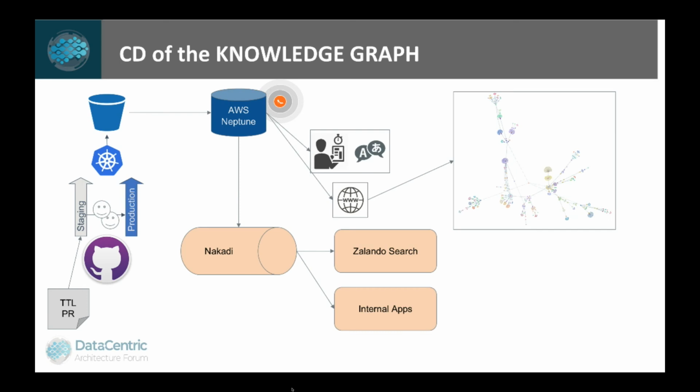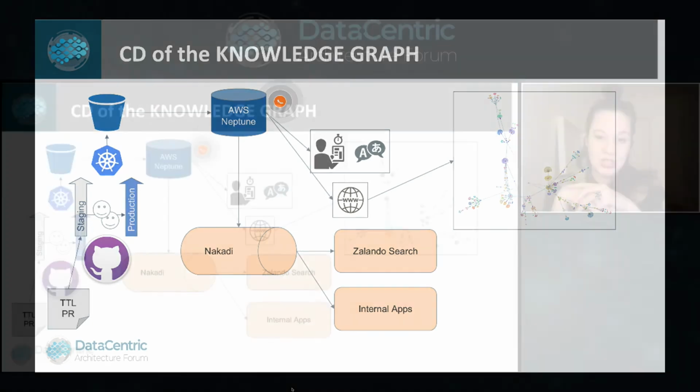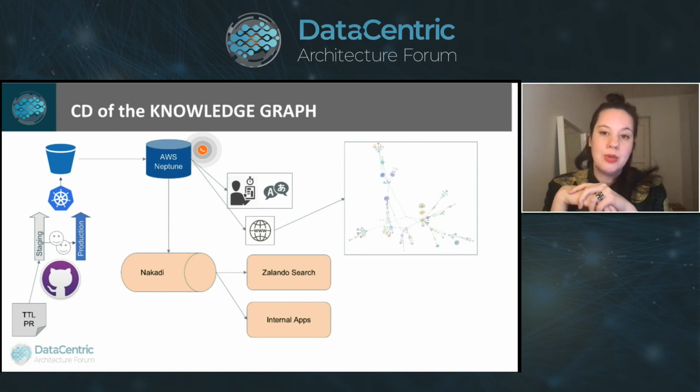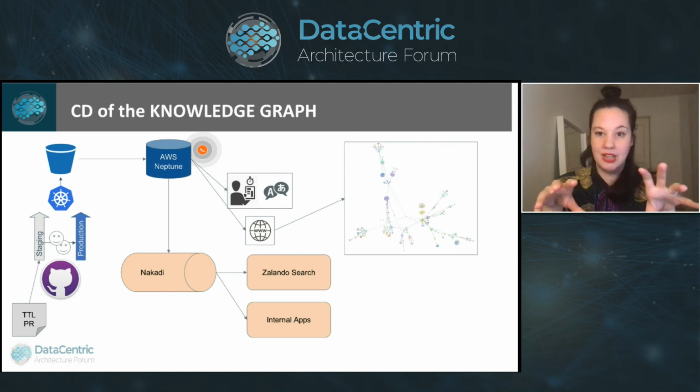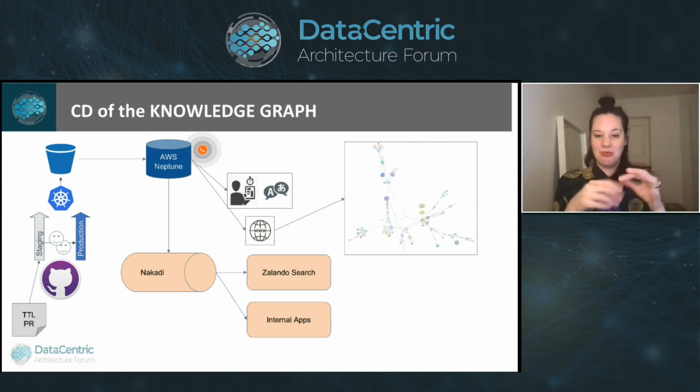What's also happening is each fashion concept is published in a message broker. We're using Kafka, and we have our own open source development called Kari, which is based on Kafka. So we have this message queue where all the fashion concepts are published from. At Zalando, all our applications are basically connected via these message brokers. So if we've published a new fashion concept, it will be published in this message broker once it goes to